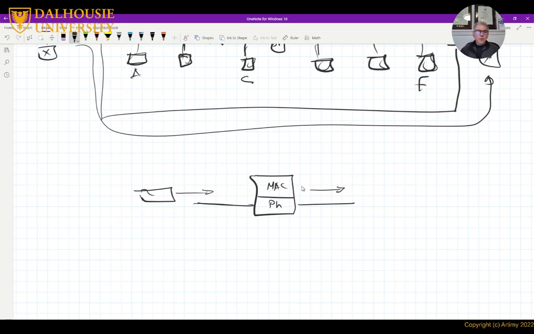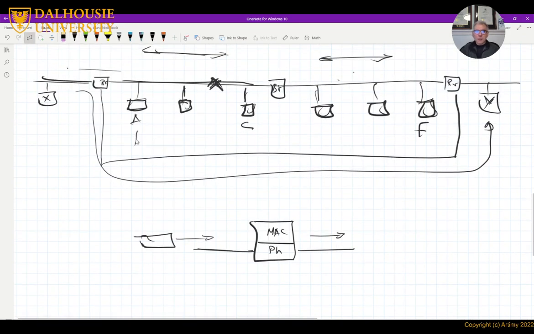So the bridge is transparent to the network, the same as the multiplexers when we talked about multiplexers before. So the bridge is totally transparent. A here and F here will not feel that there is a bridge in between.